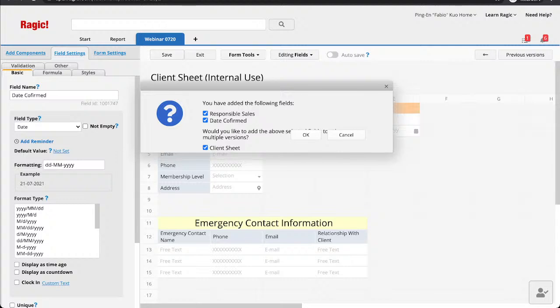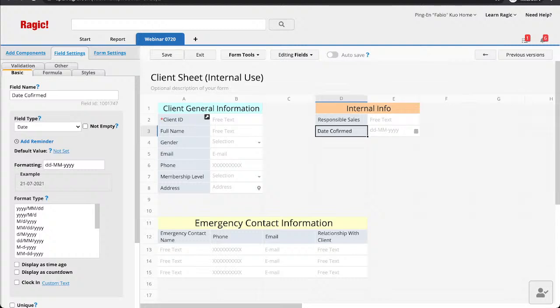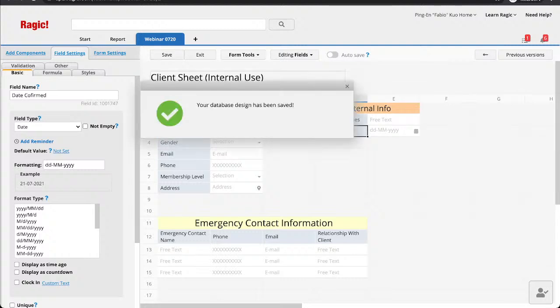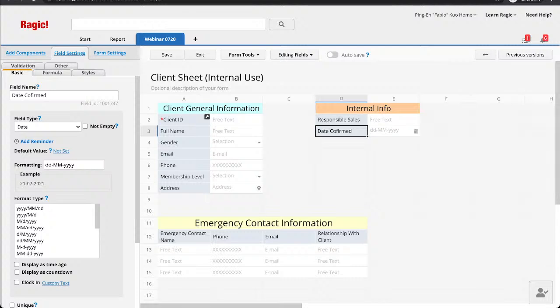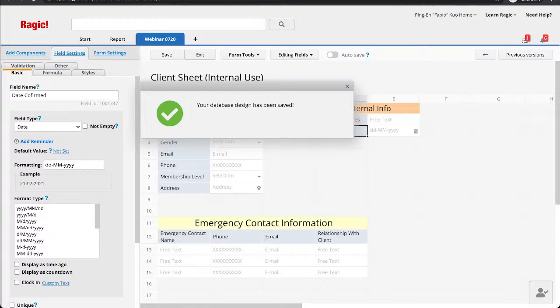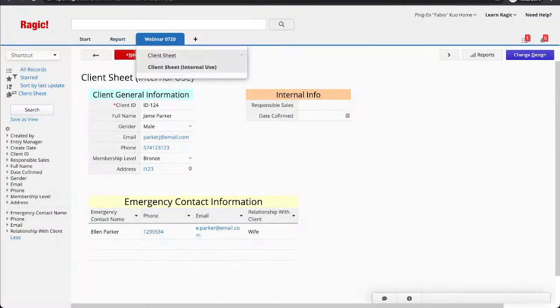I'd say no. After I click on save, right here, internal info will only be displayed on this internal use sheet. If I click on save right here, whoops. But when I go back to the client sheet, it's not there.